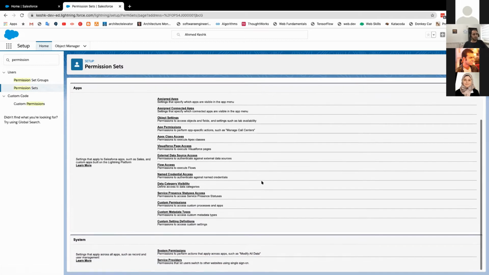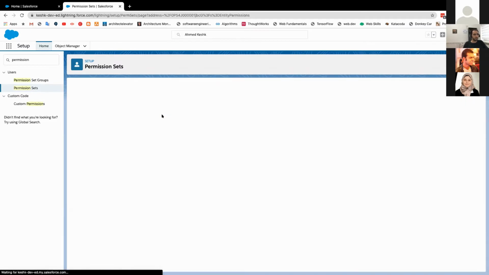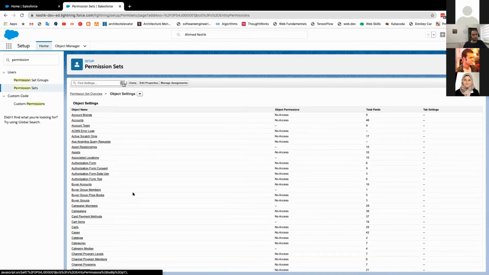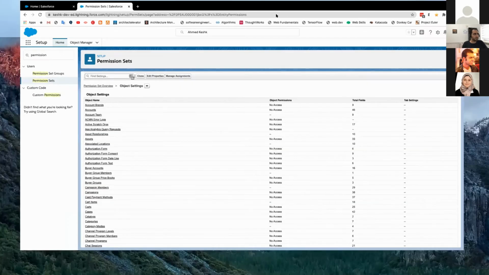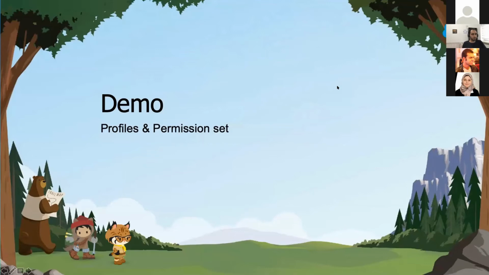At the end, you can have the same options that we used to have in the profile. And again, you can go to the objects, like object settings, and you can change the settings accordingly. So more or less, it's not different than the profile. With that said, we have finished the first part of our presentation,